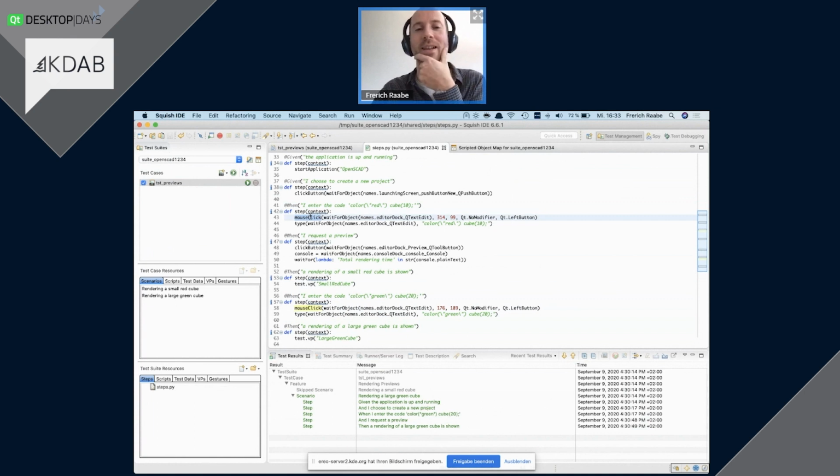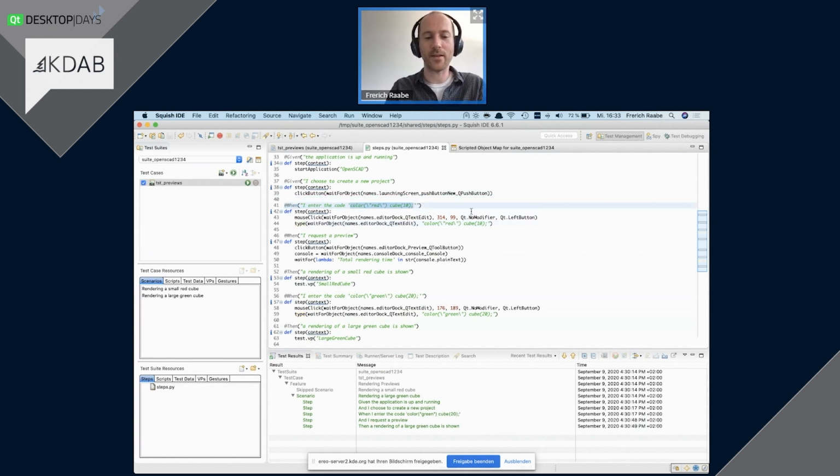Both use a mouse click statement to give the focus to a text edit field, and then both use a type statement to enter some code into the text edit. So we'd like to avoid the duplication, of course, and luckily the BDD language built into Squish makes that very easy. So instead of using a plain string, we can also use placeholders, and it works like this.